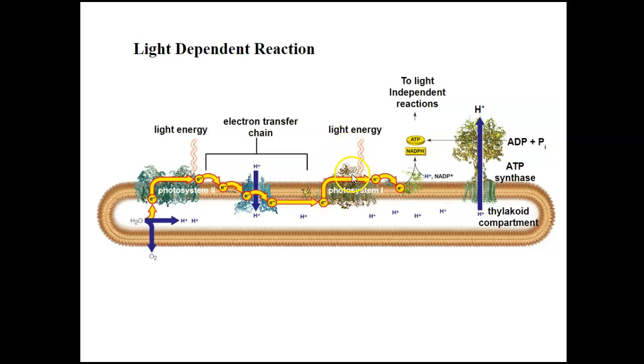So instead of getting excited and moving this way, it can fall back on itself, pump a little hydrogen ion in for ATP production, and replenish its own electron. Then that same electron can be excited by light, come back down, excited by light, come back down. Every time it comes back down this direction, it makes hydrogen ions pump in for ATP production. So in that way, with the cyclic pathway, you can boost your ATP amounts to get the proportion you need